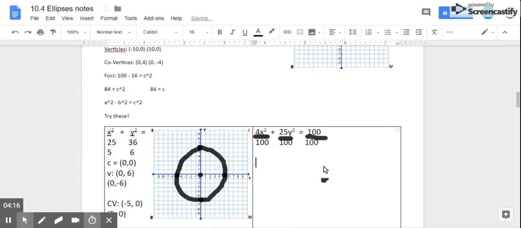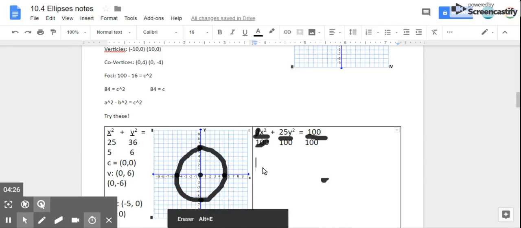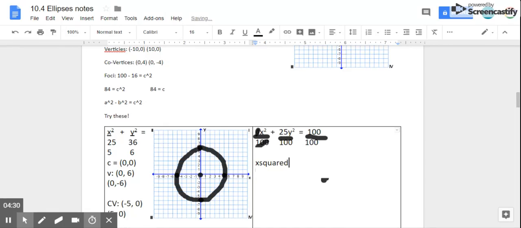Okay, so let's think for a second about 4 and 100. What number goes into both 4 and 100? Well, 4. 4 goes into 4 once. That leaves you with x squared. And 4 goes into 100 25 times. So this turns into x squared over 25. Plus,